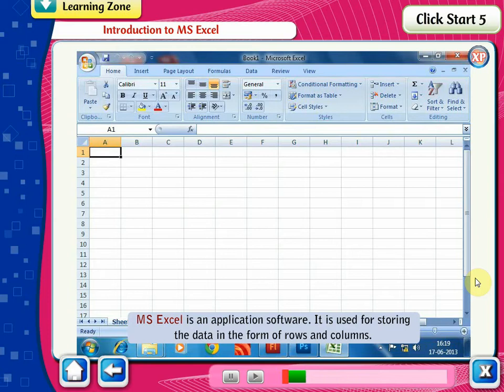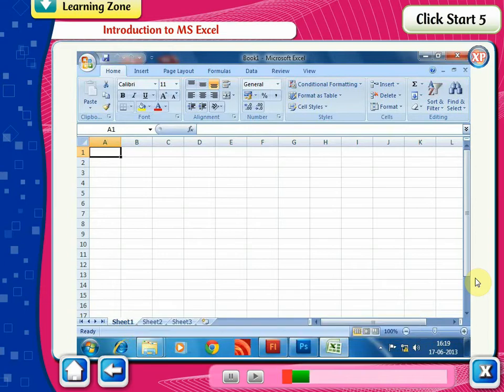MS Excel is the most commonly used spreadsheet package. Spreadsheets have been used in business for several years. These are used to keep track of expenses and other several calculations. Some of the main advantages of using Excel are: